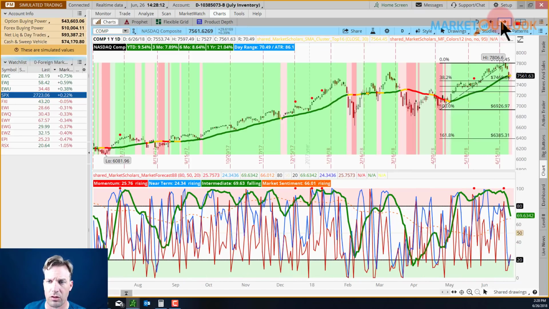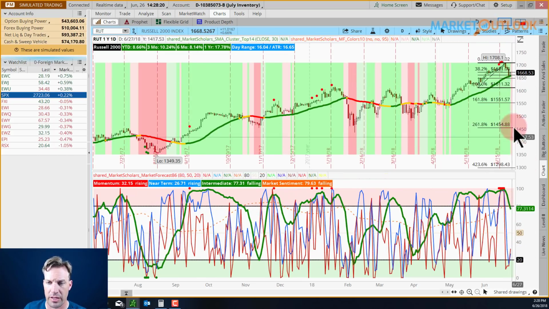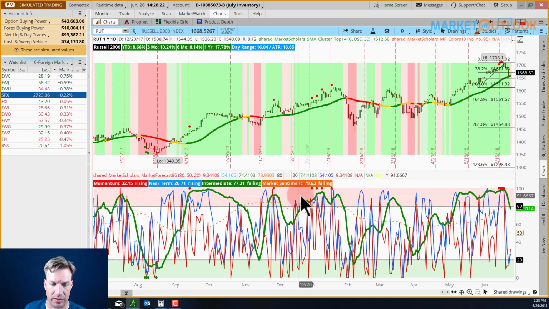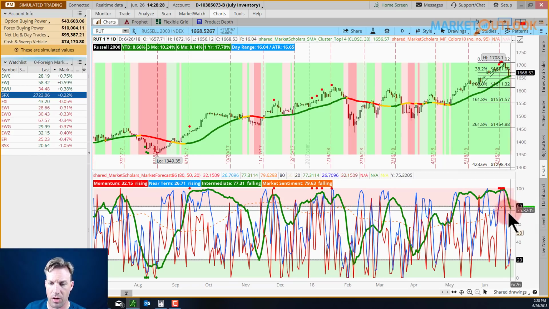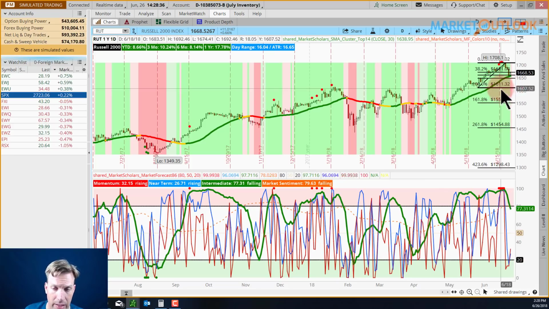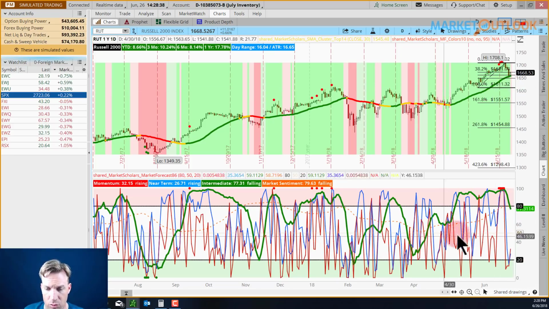All right, finally we'll take a look at the NASDAQ, also sitting at 38% Fibonacci, a little bit higher. Bearish sentiment with improving short term. Of course, now the Russell, which has been outperforming, it's got that market sentiment falling, but it's right at 80. It's barely falling. It's got a weak bearish posture. We've been bearish for a little bit longer because we didn't dip below 50 here. It's not below 50, so we're actually not ending the run yet. It's got to get below 50 before this run ends and we start a new run.